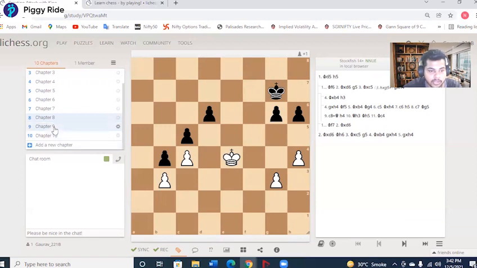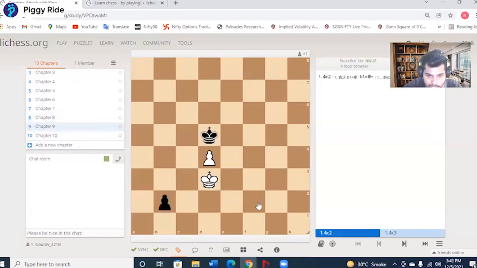Now moving on to the next one. Again, you're playing as white. This pawn is going to create a queen when it reaches b1, when the pawn is at the bottom. So you have to avoid that. To avoid that, you have to attack this pawn and get rid of it.